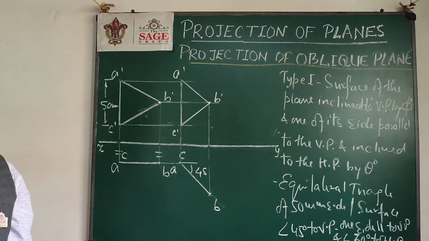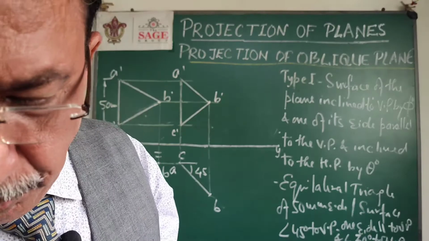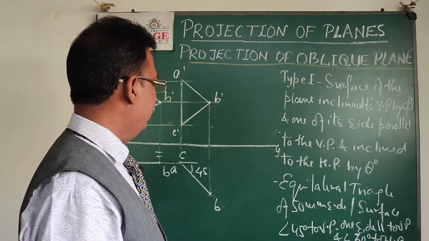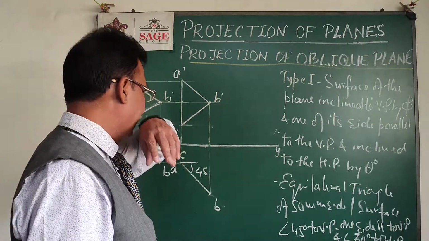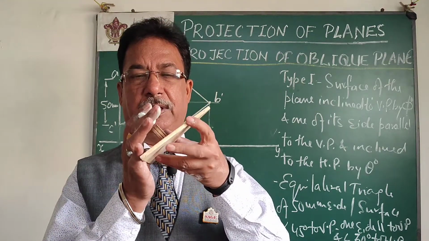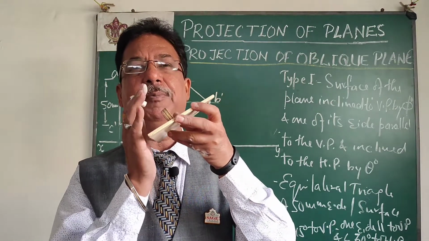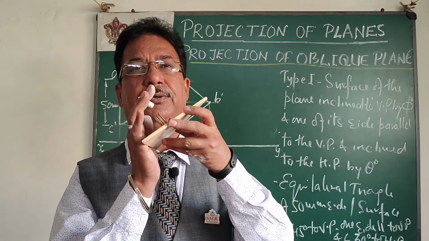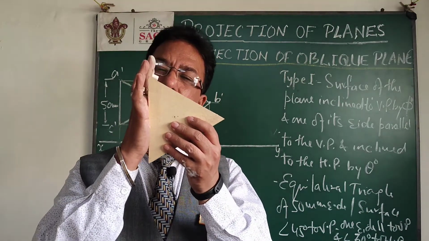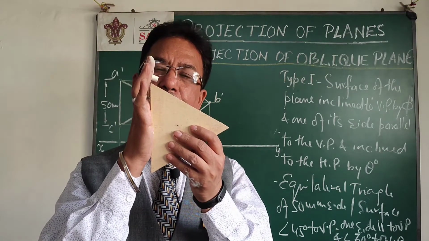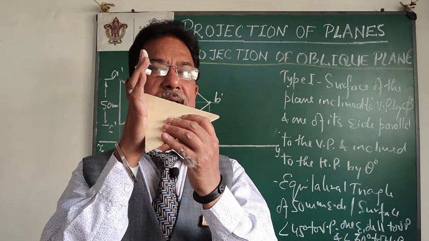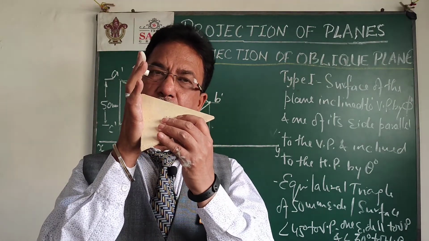still perpendicular to HP. Now in the third step, I want to make the side which is still kept parallel to VP, that side will be AC side. I am going to make that inclined 45 degree to the HP. So right at this moment, this side will be perpendicular to HP. Now I am going to make it inclined to HP by some angle 30 degree. So now the figure will be rotated like this.